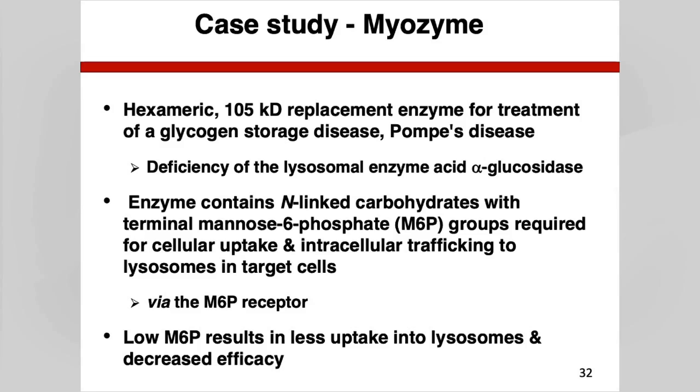Myozyme is a replacement enzyme used for the treatment of a glycogen storage disease called Pompe's disease. It comes from the deficiency of the lysosomal enzyme alpha-glucosidase. The enzyme has N-linked carbohydrates, and important among them is mannose-6-phosphate, which is responsible for controlling the uptake and the intracellular trafficking of the protein into the lysosomes in the target cells, which are muscle cells in this case. And this happens through the mannose-6-phosphate receptor. The less mannose-6-phosphate you have in the molecule, the less uptake you have into the lysosomes, and consequently, the less